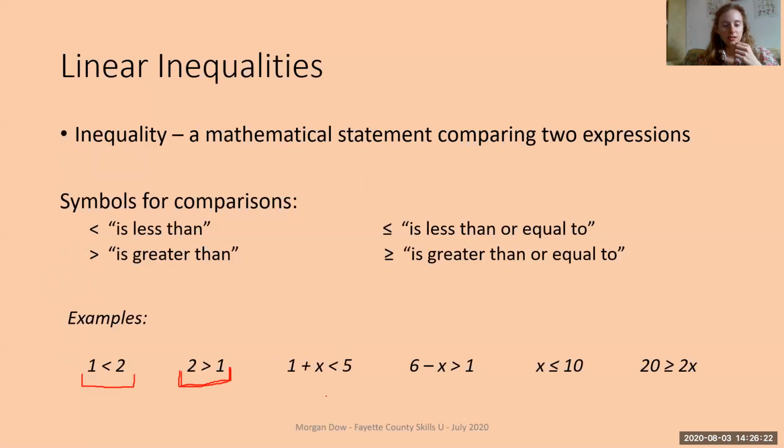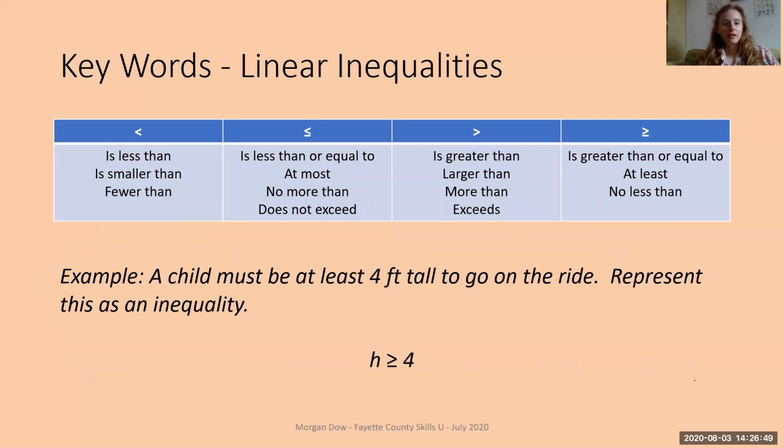All right, and then I have another statement here that 1 plus some number x is less than 5. We have 6 minus x is greater than 1. x is less than or equal to 10. And 20 is greater than or equal to 2 times x. So no particular reason why I chose those inequalities, just made some up as examples. All right, so